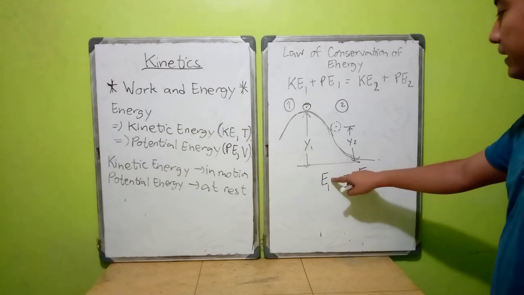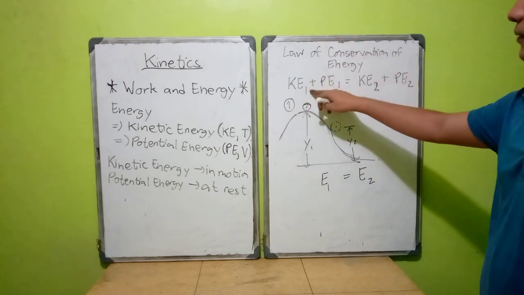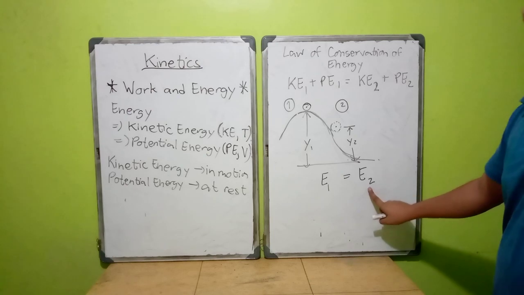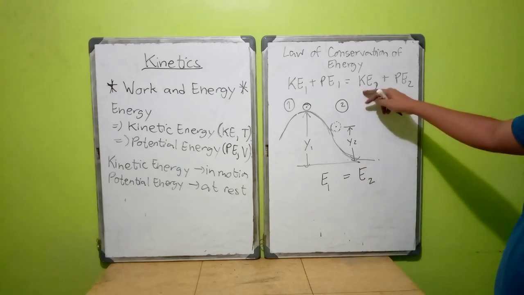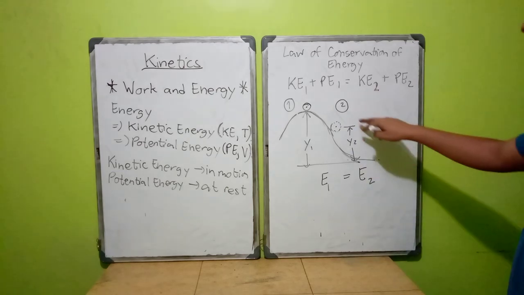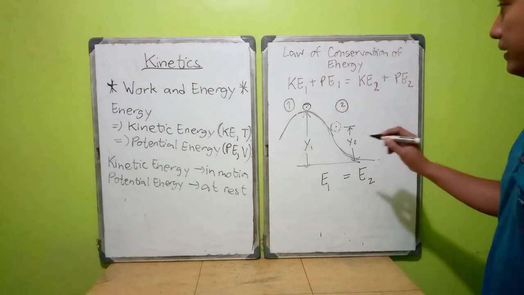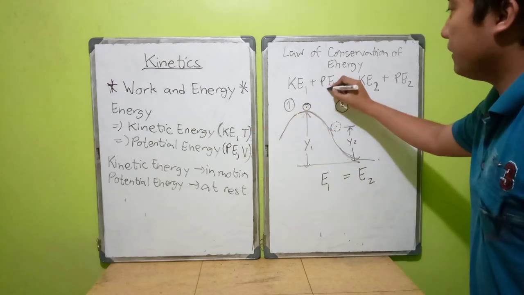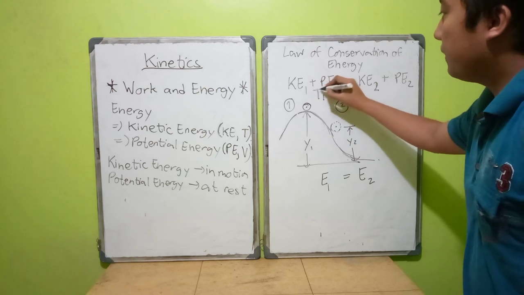So the energy at point 1 is equivalent to KE1 plus PE1, and at point 2 it would be kinetic energy 2 plus potential energy at point 2. Okay, since KE can also be denoted as T, it could also be rewritten as T1, or T sub 1,